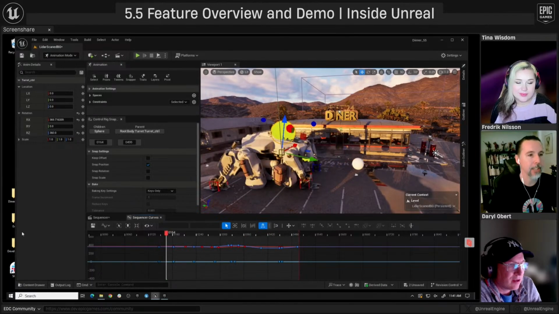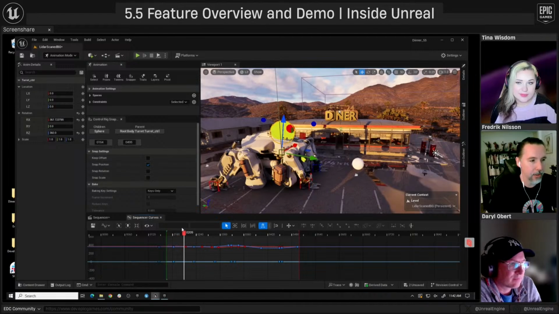I want to take this animation and convert it to an aim. So I go to the snapper tool. I select the sphere as a child. I select the turret control as the parent. I check my frames. If I want to change the frames, I can go to a different frame and hit this button, and you'll see it updates the number. So it's a quick way to set your in and out points of what you want to snap. In this case, I'm going to keep the offset because I want to keep the sphere out here.